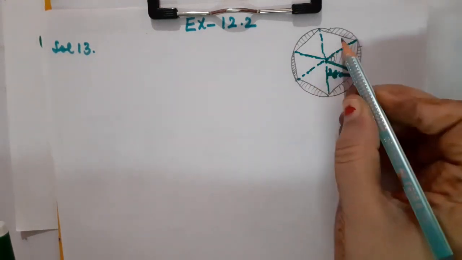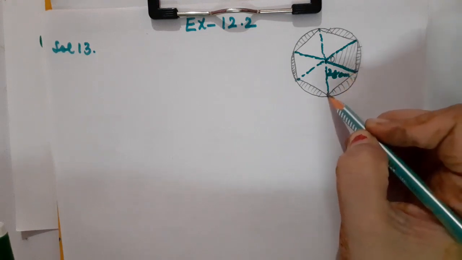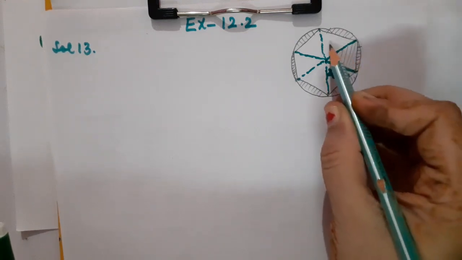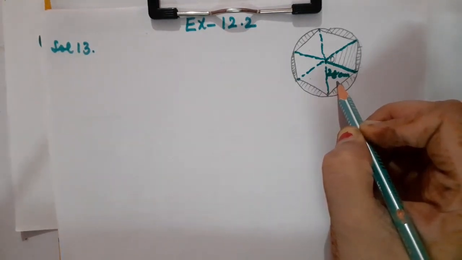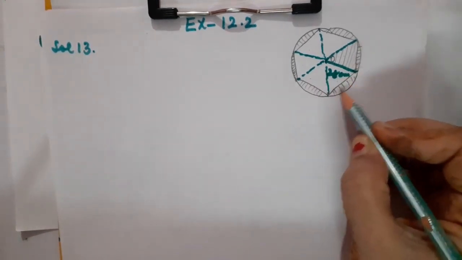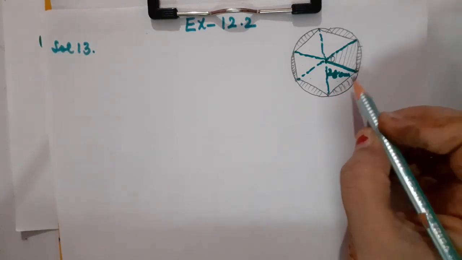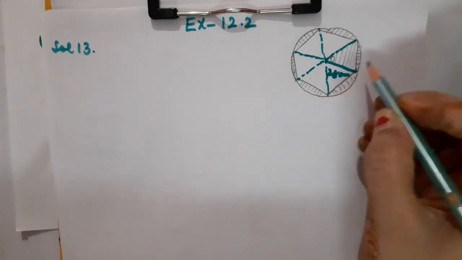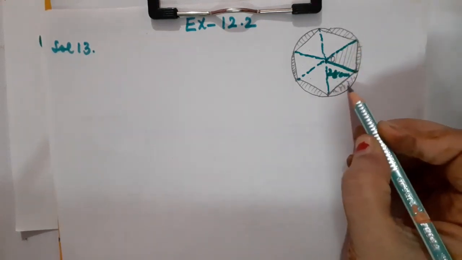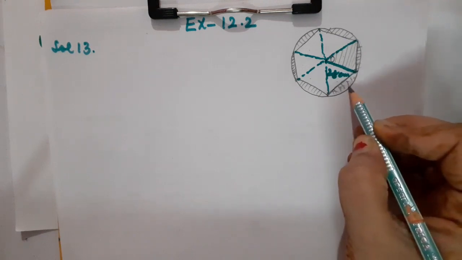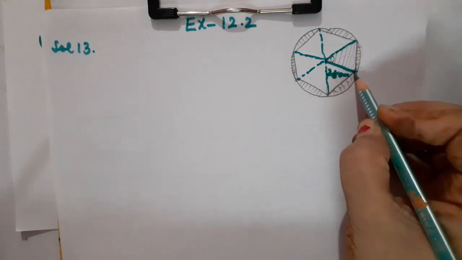So how many sectors are formed? When there are 6 designs, so definitely there will be 6 sectors formed, yes or no? This is sector 1, 2, 3, 4, 5 and 6. Clear? What are we going to find out? We are going to find out the cost of making this design. And you just observe, where is this design actually? This design is nothing but the minor segment. Yes or no? So what you have to do is calculate the area of the sector.